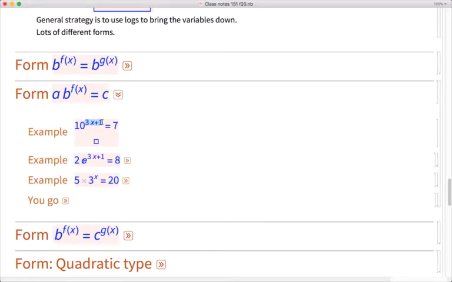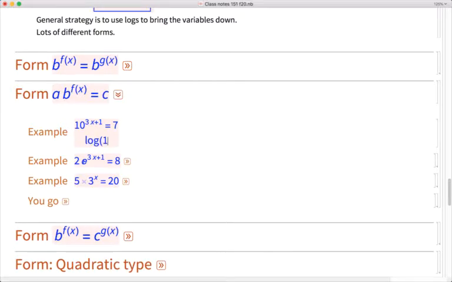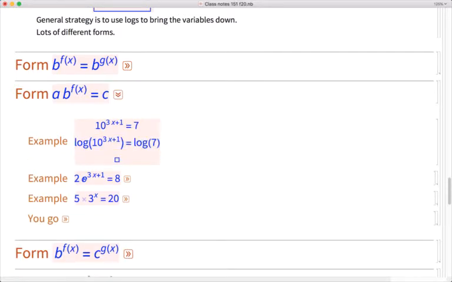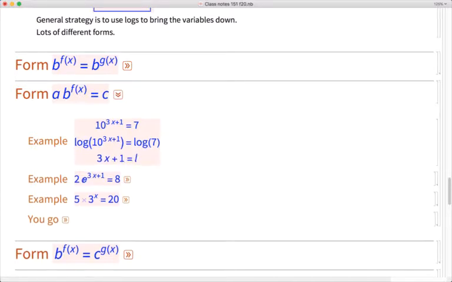Again, the variables are upstairs, we want to get them down. We're going to take log base 10 of both sides. That'll, through the cancellation law, be bringing the variable downstairs. So this is log 7 on the right-hand side. So with the cancellation law, the left side now becomes just 3x plus 1, and the potentially disconcerting thing